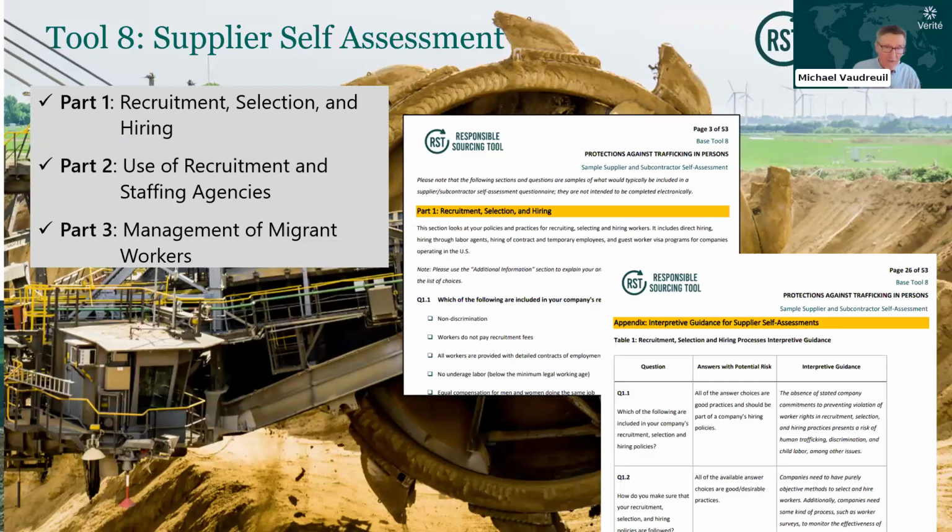at the end of it interpretive guidance. So if a supplier answers a certain way, it will tell you whether that answer represents an at-risk practice or whether it's in conformance with both legal requirements and your expectations. So a very useful tool that can also be used for periodically going back and doing a desktop review of